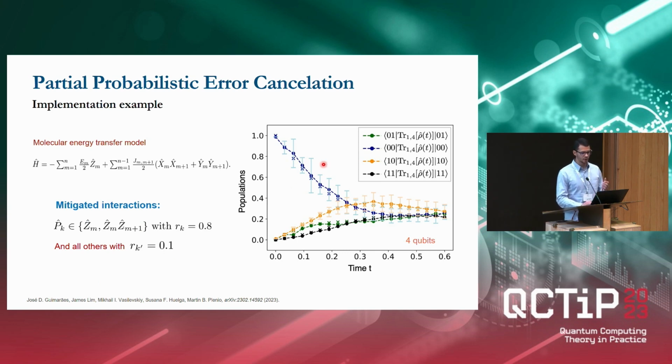And then we do the quantum simulation, this emulated IBM Q device. We measure the population terms of the reduced density matrix, and we compare it to the classically solved Lindblad equation, where the decoherence rates are given by these mitigated interactions. Okay? And we can see that the results agree reasonably well.